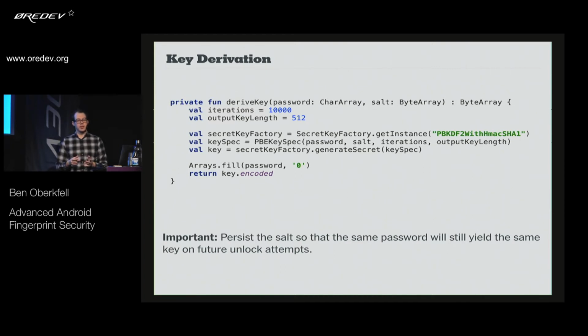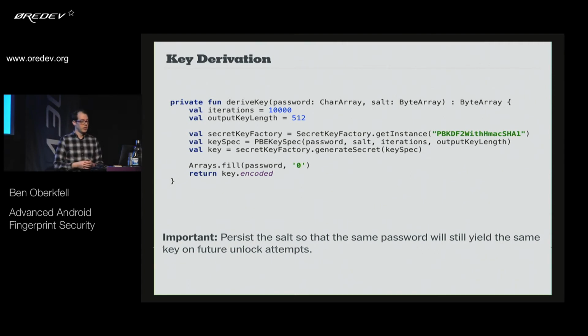So by adding multiple iterations, you end up increasing the complexity necessary to brute force it back out. So we want to generate a 512-bit key because that's what Realm wants for it. And then we're going to go ahead and pass in a salt, which is a randomly generated value to make sure that the same input password from the user doesn't give the same input encryption key. And then we'll go ahead and generate this value and give back an encoded byte array that we would use